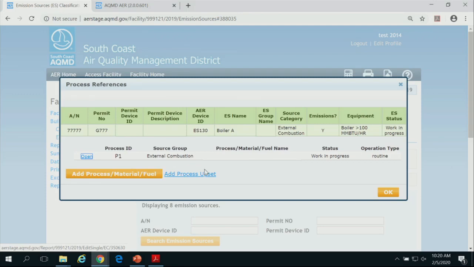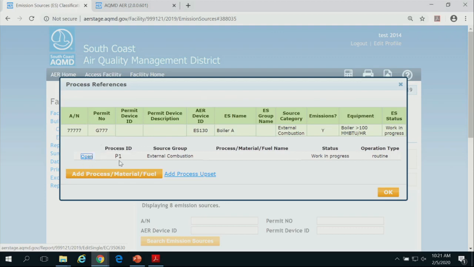So we added the concept of process. So you can define natural gas as a process for that device and digester gas as a different process. So then you can distinguish and enter different emission factors for that type of fuel. That makes reporting a lot easier. Otherwise, you have to do some sort of aggregation calculation outside and put the numbers in. So for the sake of my example, I'm going to select a natural gas and a digester gas.